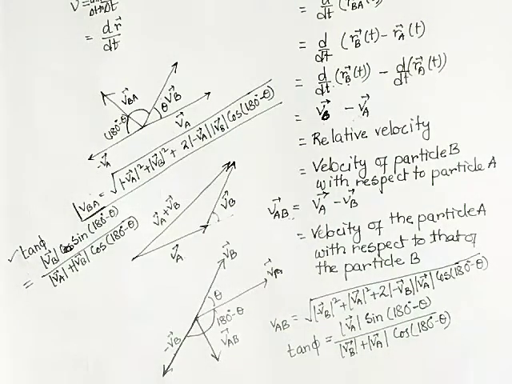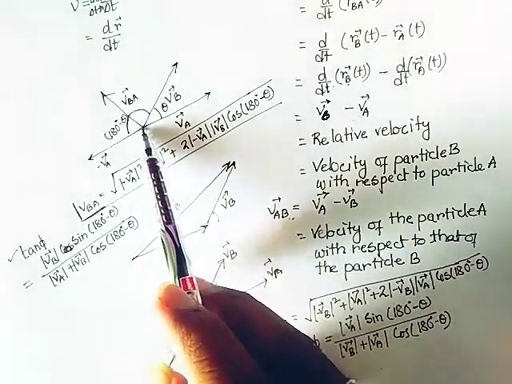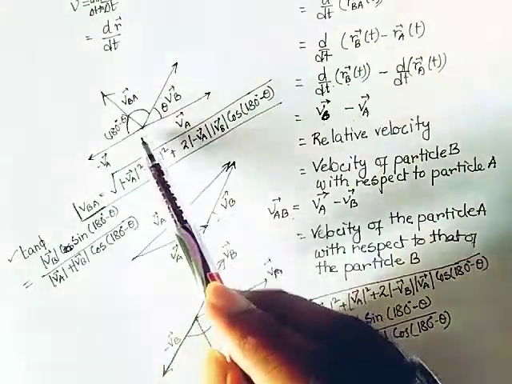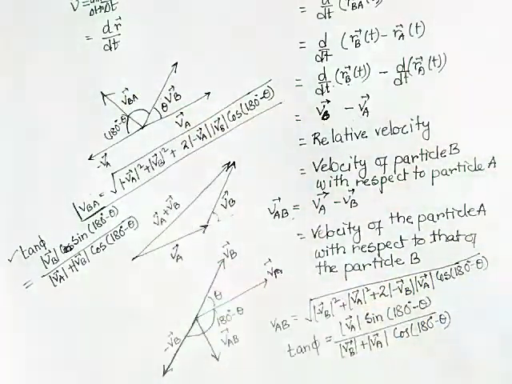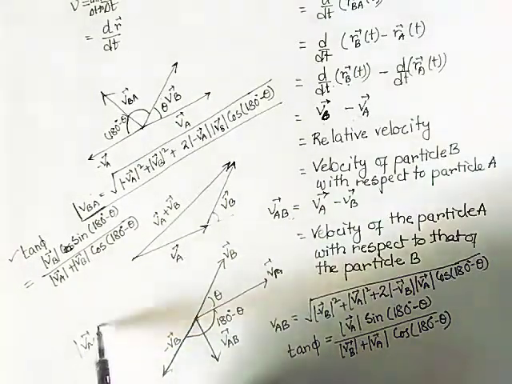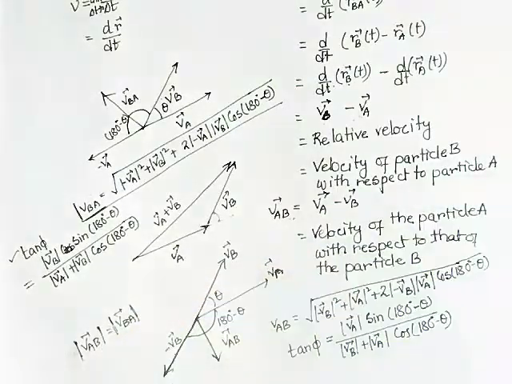So what is this angle phi? The angle is different. VB is in this direction, but VAB is in the opposite direction. Just imagine it: VAB is just opposite to that of VBA. So VBA and VAB are opposite vectors. Their magnitudes are equal, but the angle made by them is different. They are acting opposite to each other, in different directions. So this is the essence of this thing.